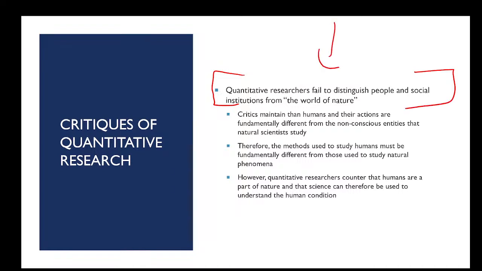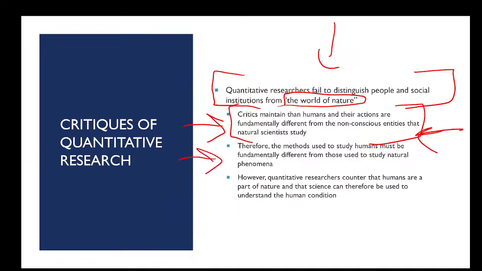Okay. So quantitative research sometimes fails to distinguish people and social institutions from the world of nature, right? Quantitative research at times doesn't get to some of the nuances of human experiences. It can paint a very blunt picture of things. Critics will say that quantitative research doesn't always take into account how humans and their actions are fundamentally not the same as natural forces. So trying to quantify them doesn't work, and therefore you have to have different methods to study humans. But